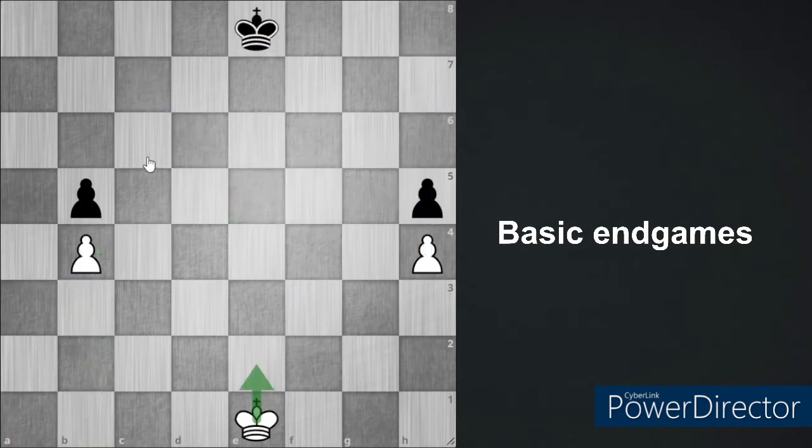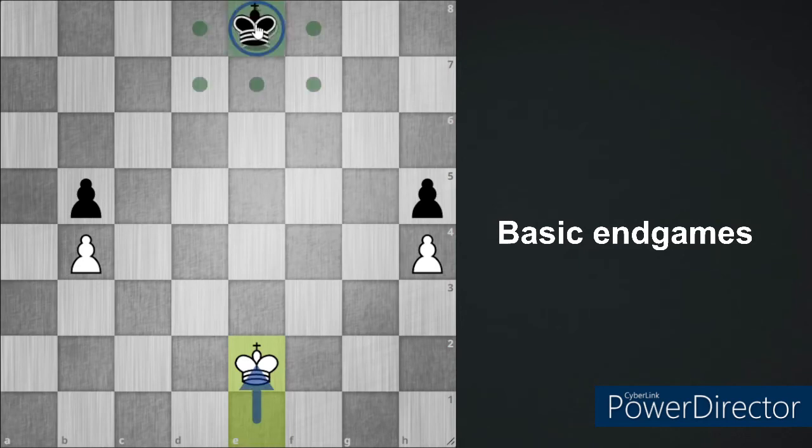So always remember, in these types of positions, these are called the distant opposition. Your first move is simple: you move the king to e2, immediately taking the opposition in front of this king. But black tries a tricky move. For example, he moves the king to d7,